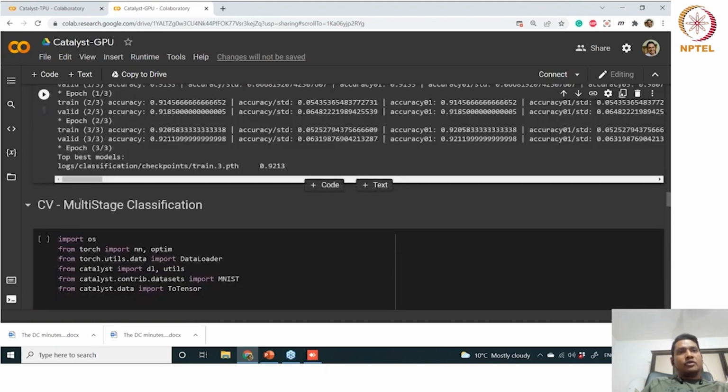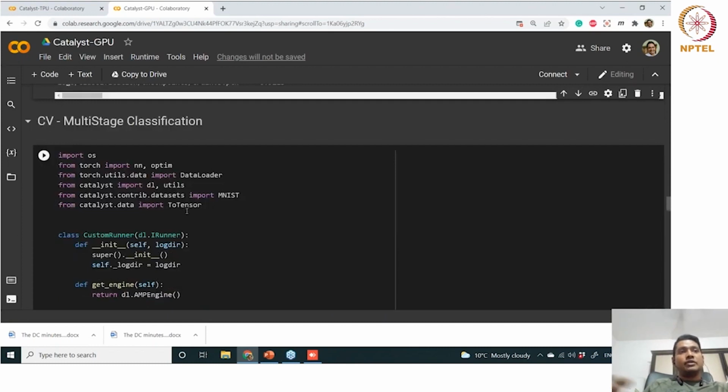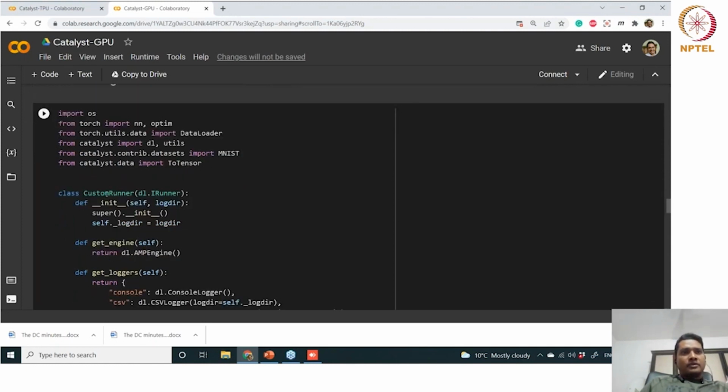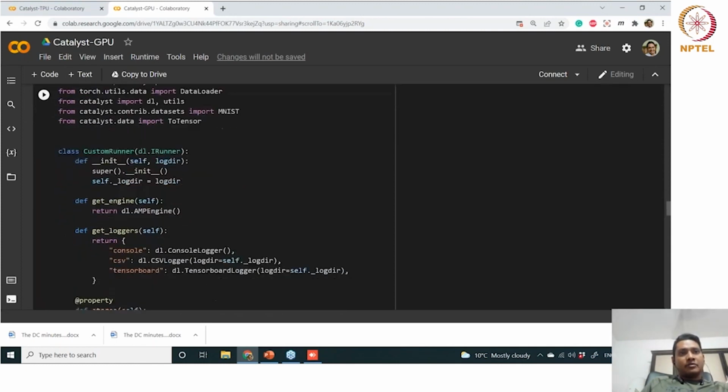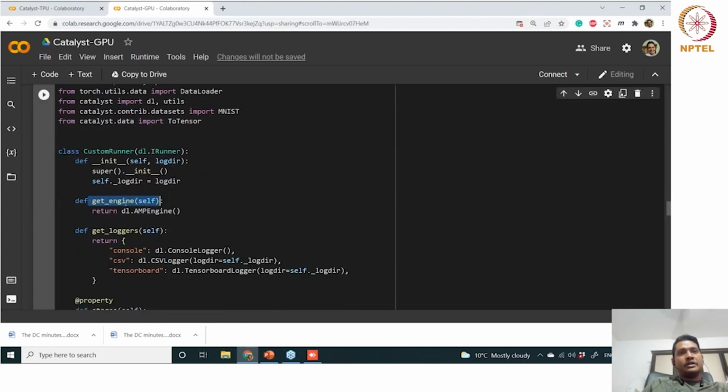And next, we want to do the multi-stage classification. So this is a bit advanced, and this will help you to understand the flexibility of using Catalyst in large scale training. Okay. So class CustomRunner, we are now defining it. So basically, we are defining the engine here.